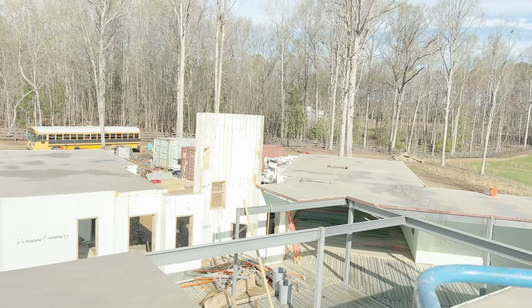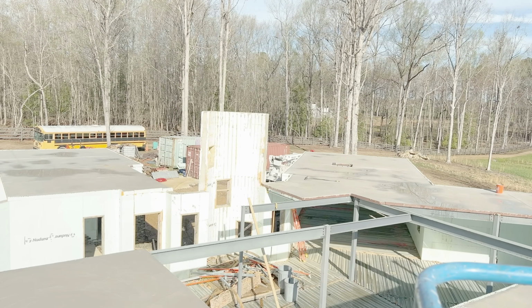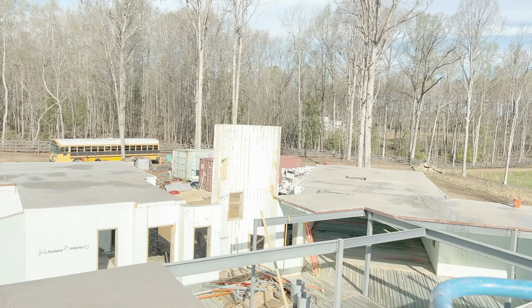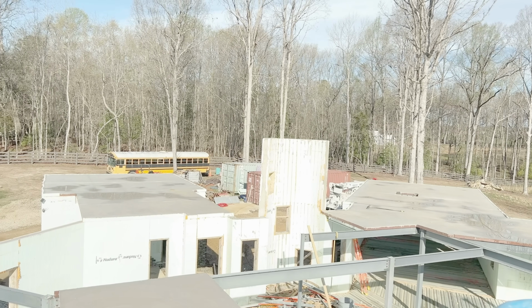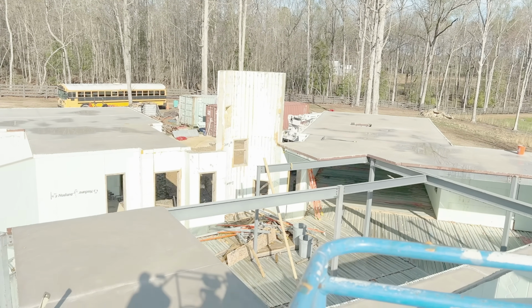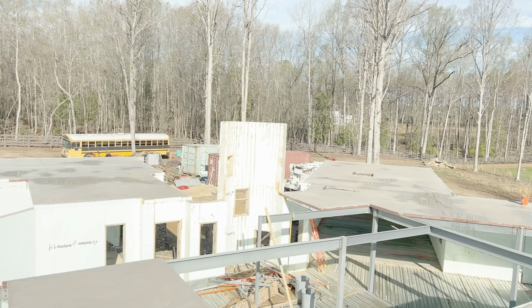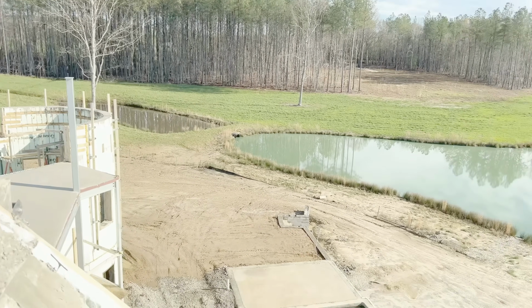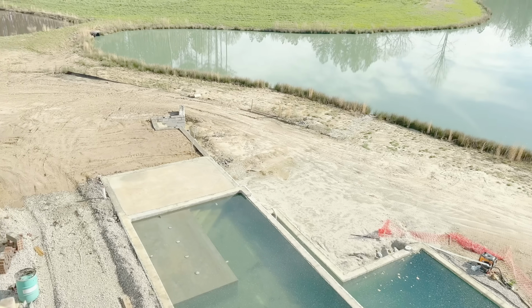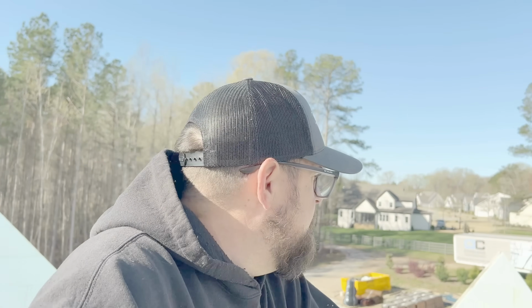So roughly a year. It was March of last year when we started setting the walls. So it roughly took me a year to set and pour basement, main floor, rest of these gables and everything, set steel, set floors, do plumbing in the basement, and pour up here and build 2 pools, which is not a wonderful timeline for a whole crew, but not bad for my first job with ICF, pretty much,